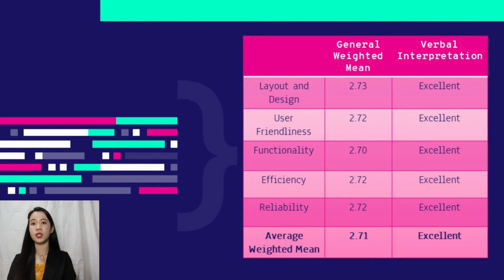To assess the performance of the system as well as the user satisfaction, the developers conducted a survey to test the design, functionality, efficiency, and reliability of the system. The respondents were people who can relate to using the system, like employees or IT students. According to the result, the average weighted mean, which is 2.71, means excellent on the given criteria. The problems and defects found after the testing were remedied immediately by the developers.